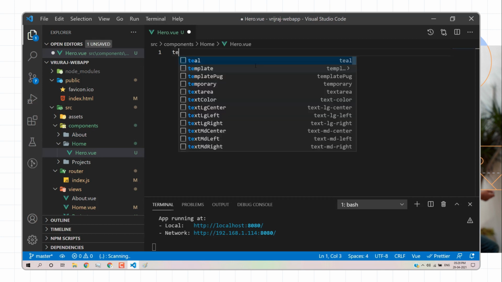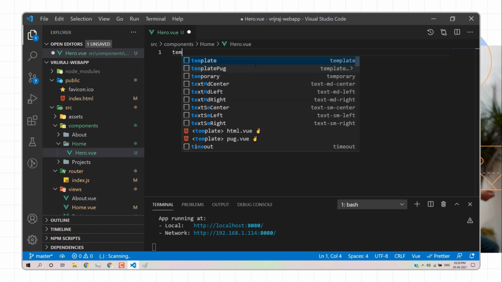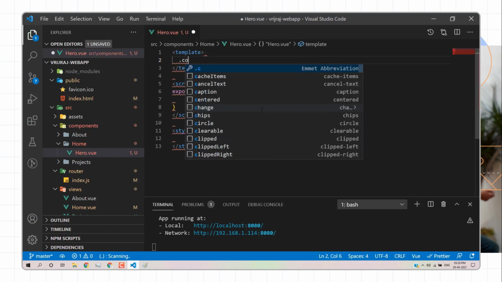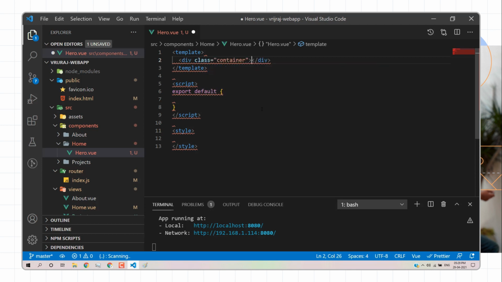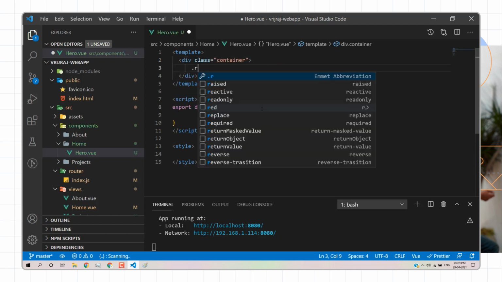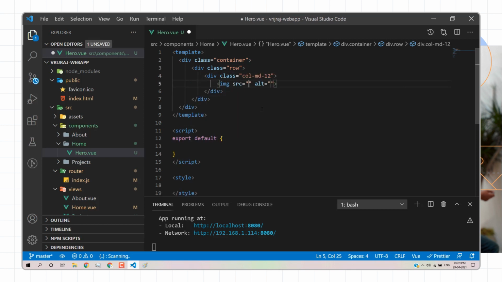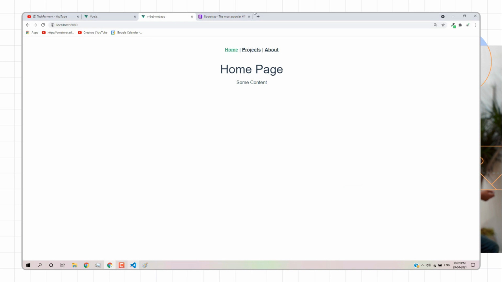So what I'll do, I'm working on Vue.js, so I'll write Vue as a default file. So this is a simple syntax. So we are working on Bootstrap. So in Bootstrap we have a container as a class. So I'll just create a container, and then we have a row. So that's why I have written a row, and then we have a column of 12. So I'll create a column of 12, and then inside we can pass an image. Here we can pass an image.